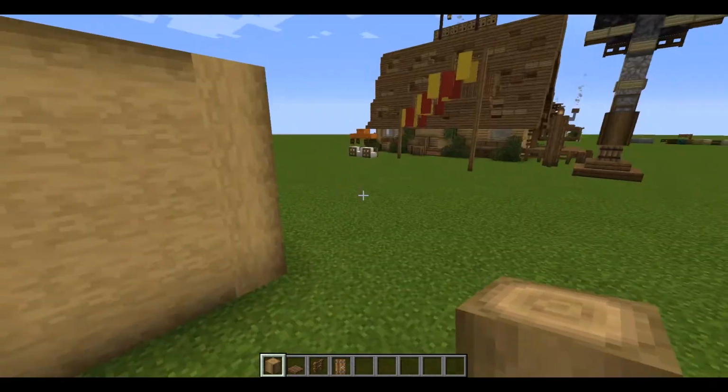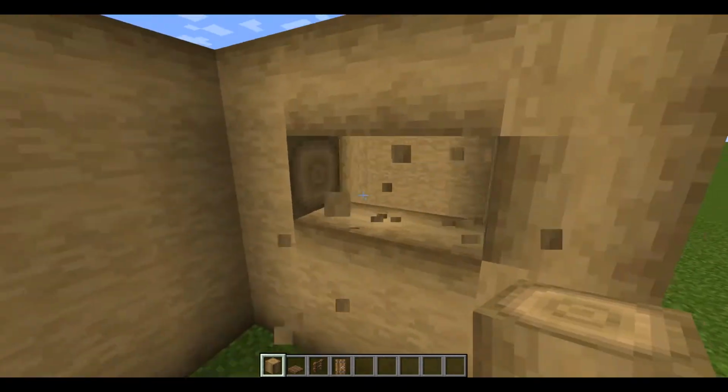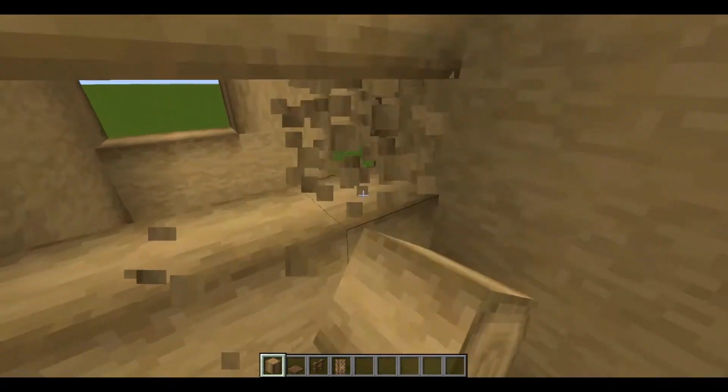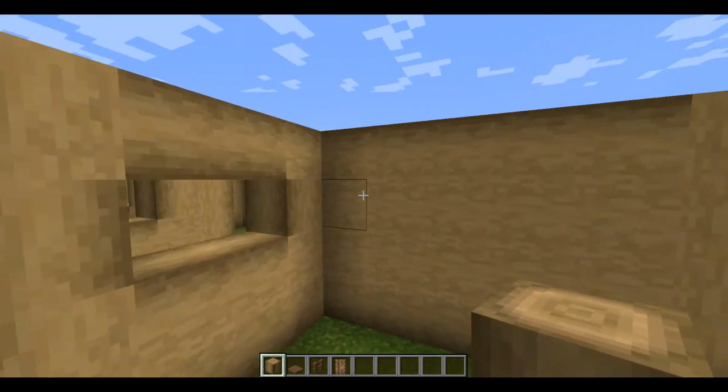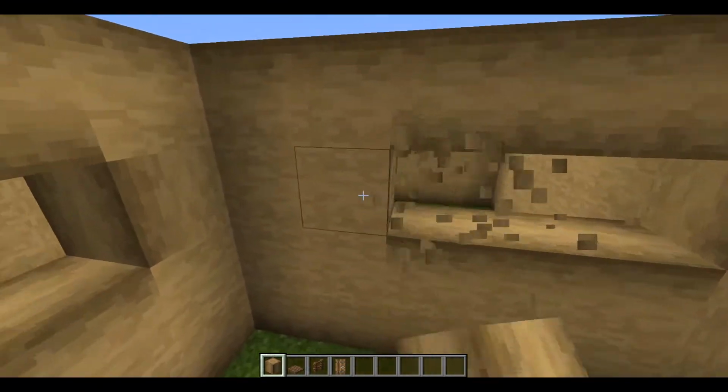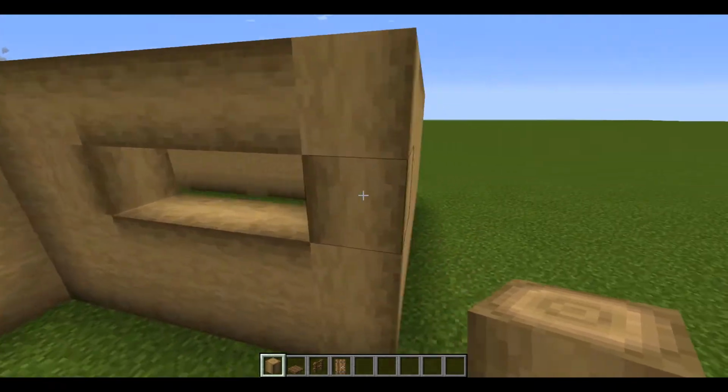That's up to you. Then we're also going to be breaking 2 on this side, again fixing the circles, and breaking 2 on the opposite side, again fixing the circles. And then we're going to repeat the same pattern over here, except we're going to make it 1 longer. So it's a 3 wide like this,